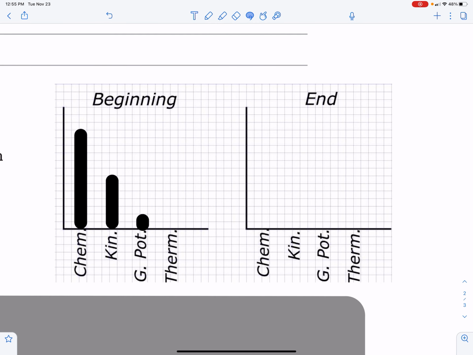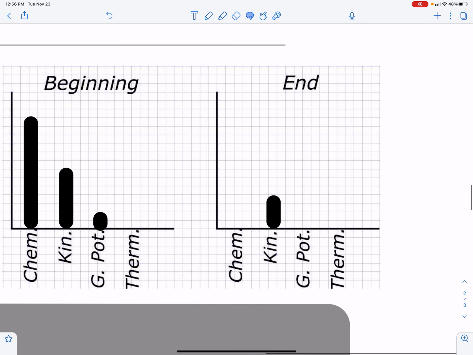Now what's happening here is there needs to be a drop in the kinetic energy because you're slowing down. So to do that, I'm going to drop the kinetic energy from about 7 units to about 4 units. So it's slowing down just a little bit. You still have kinetic energy because you're pressing the gas pedal, right? And because you're pressing the gas pedal, you're reducing the chemical energy. I'll reduce the chemical energy from about 13 to 8, so I'll reduce it by about 5 units, which means